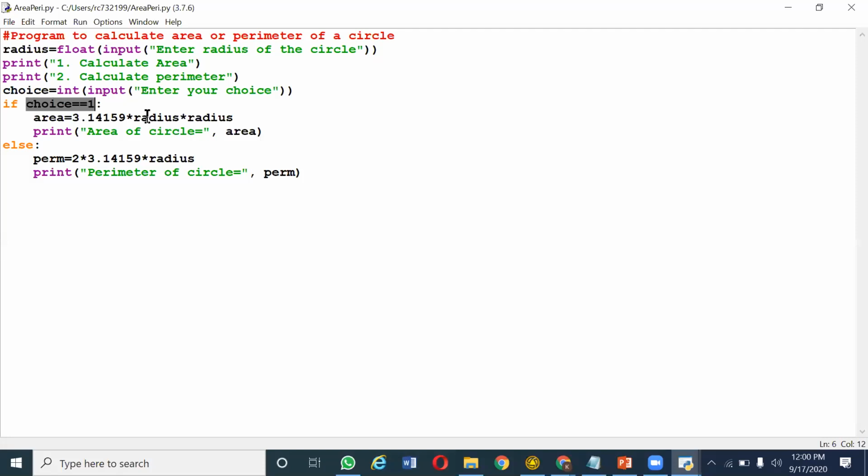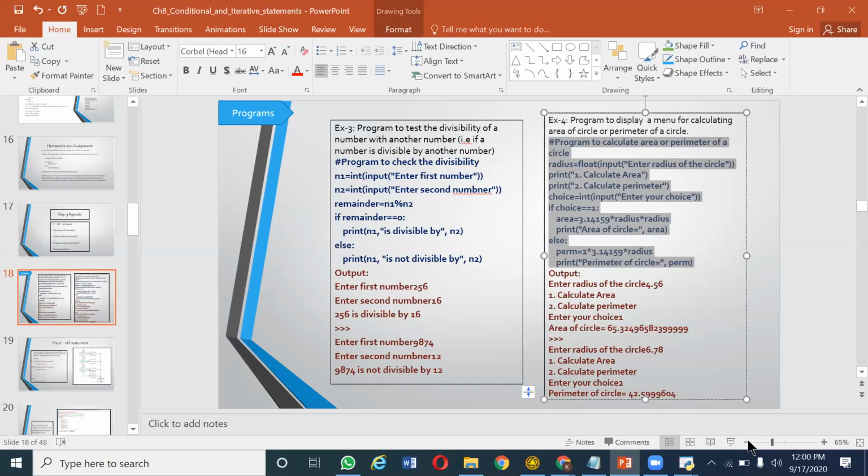Similarly, if you have been asked to find the area of a square or rectangle, or perimeter, whatever you wanted to do, you can display the number of choices, and then you can write the program as well. So this is how your menu driven program works: it will display the menu. After displaying the menu, you have to get the user's choice. Based on the user's choice, you have to do the task accordingly. This is how you will be developing your project as well. So this understanding you need to have.